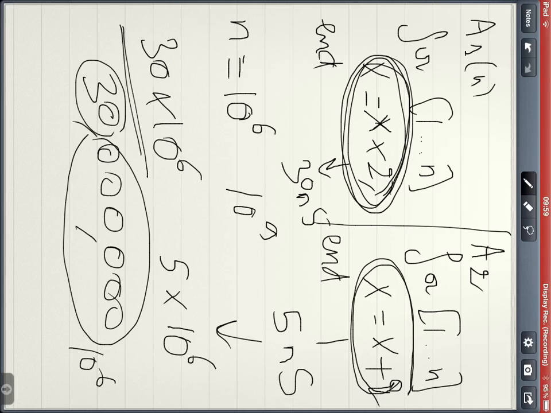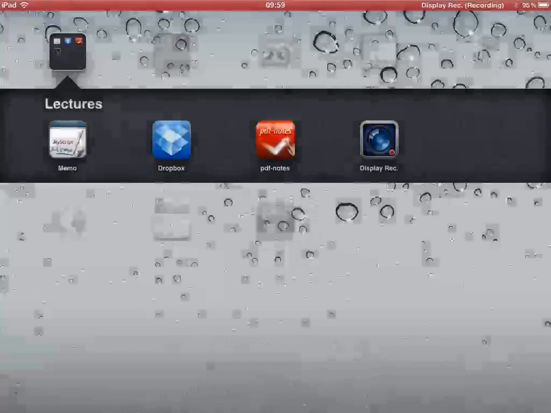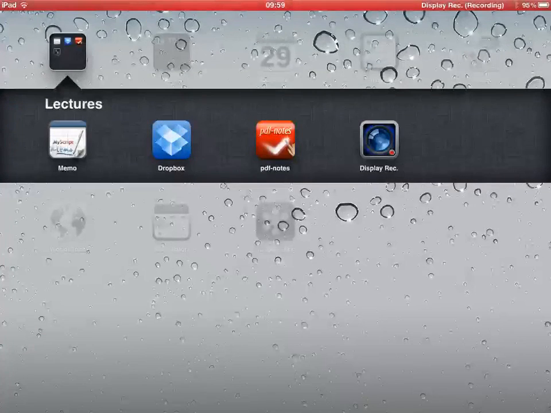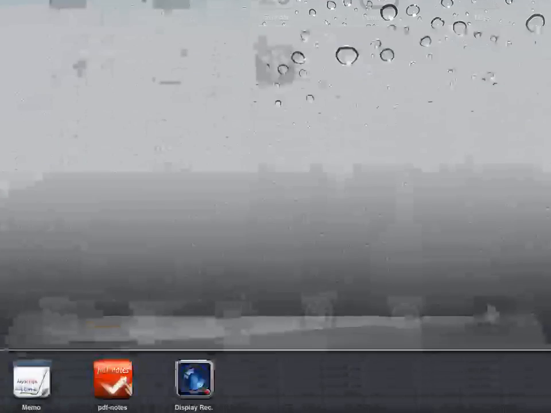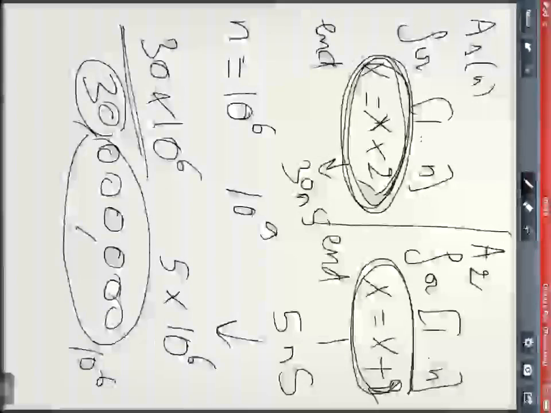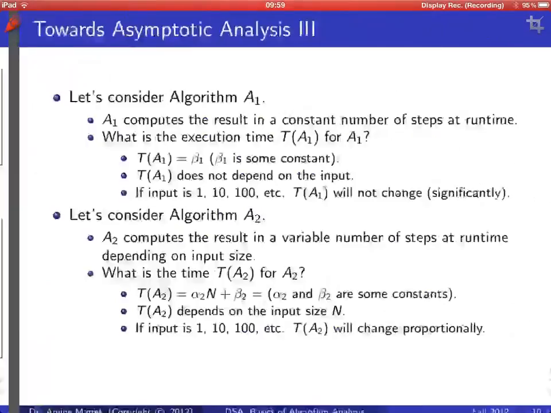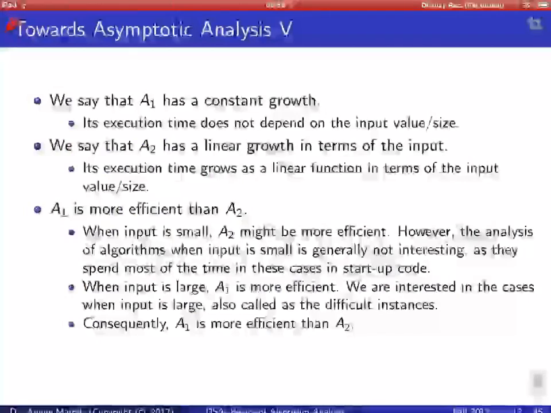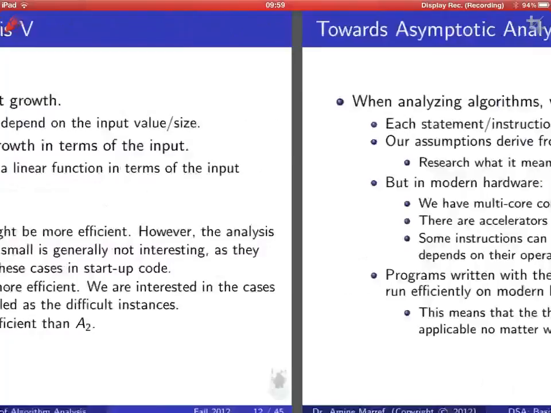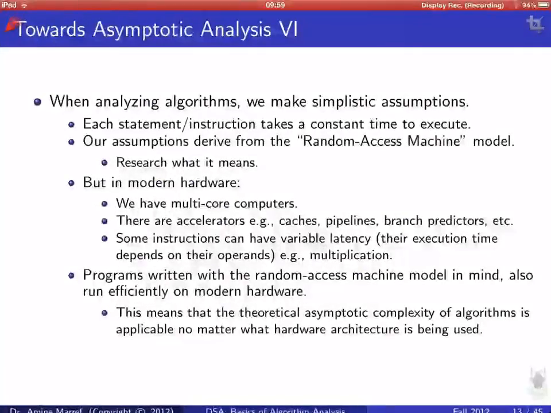And we plot a function that we are going to call the growth function. So this is called the growth function. It shows us how the number of steps in the algorithm grows with the growing input size. Okay, so we have number of steps in terms of input size, and the curve here that we draw is the growth function. Okay, so in the example that we have seen, this growth function is a line.